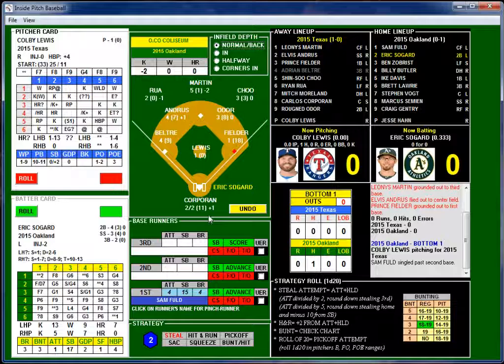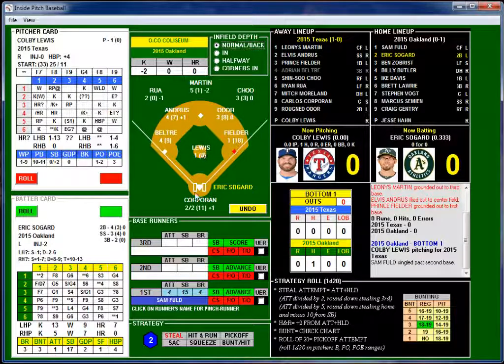Well, before we actually do that, let's take a look at Texas's defensive lineup. So range-wise, Rua is below average. Martin is excellent. Cho is average. Beltre is above average. Andrus is above average. Andrus is above average. Adrian is average. Fielder is way below average.